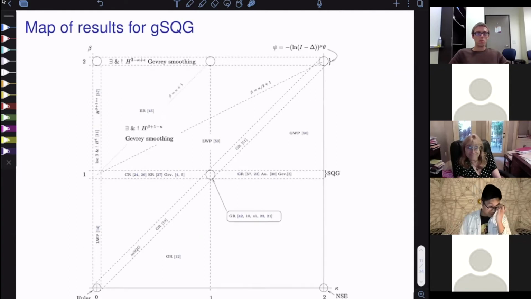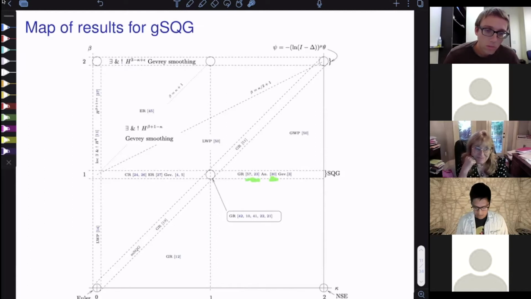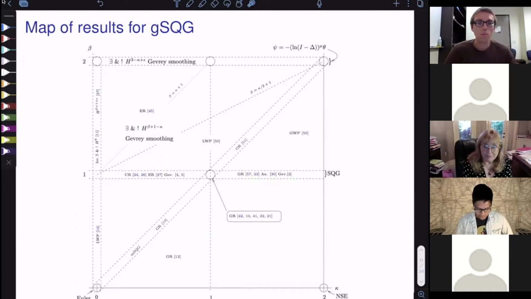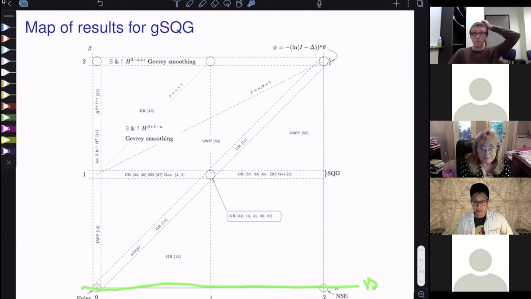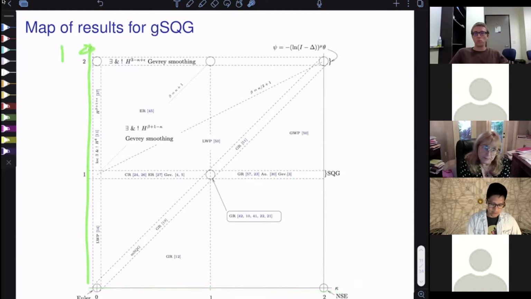Okay, so of course, I'm going to talk about the generalized SQG equation. So here's a map of results regarding the well-posedness of the GSQG equations. I apologize for the numbers. This is directly from our paper, but I'll of course point out the ones that are relevant. So the horizontal axis denotes the power on the fractional Laplacian, the dissipation. So this is the kappa axis, and the vertical axis is